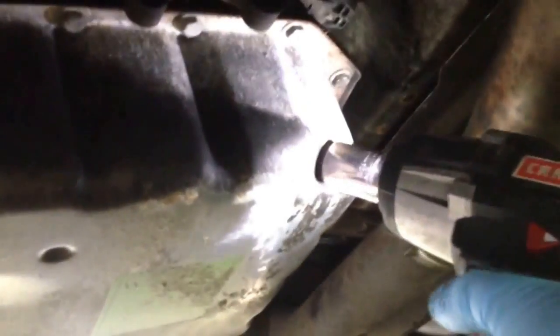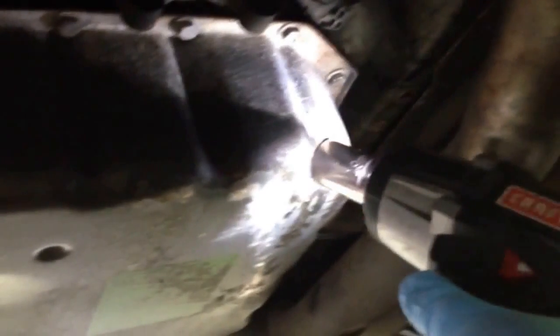So we're gonna go ahead and pull this guy out if I get underneath there and get to it. Just loosen it up a little bit with that. We got our pan. We'll go ahead and drain it out. Go and get her started. I'm sure it looks pretty ugly. Careful not to lose the,